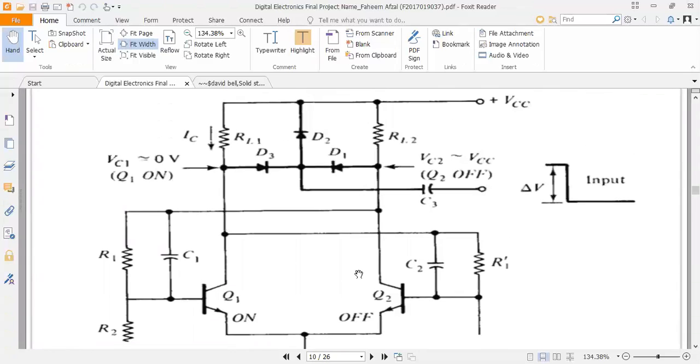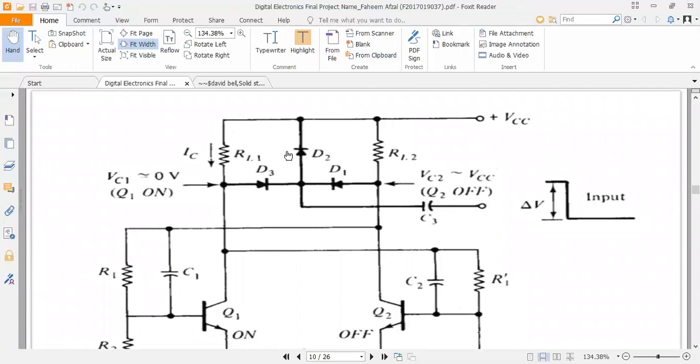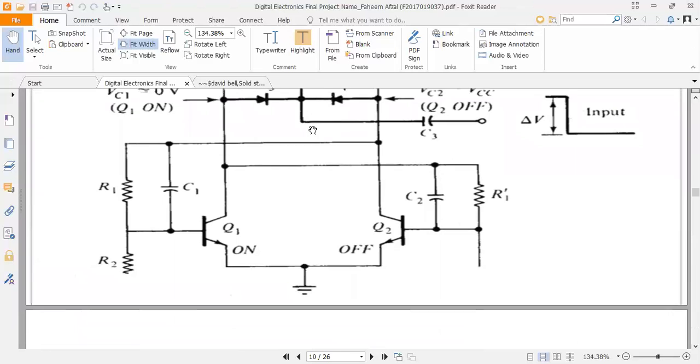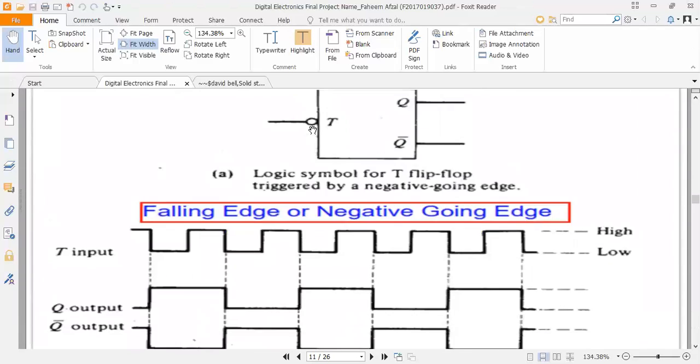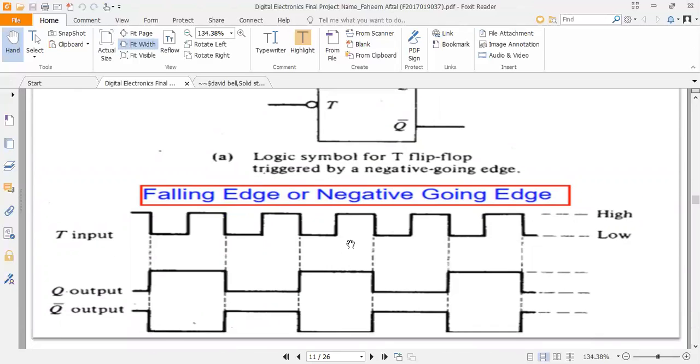So sorry, why we use D2 here. The working of D2 is that D2 will take care of any unwanted transition or spikes or any unwanted state. So it will remove any spikes or unwanted states that come during switching. Here you can see a bubble or NOT gate.